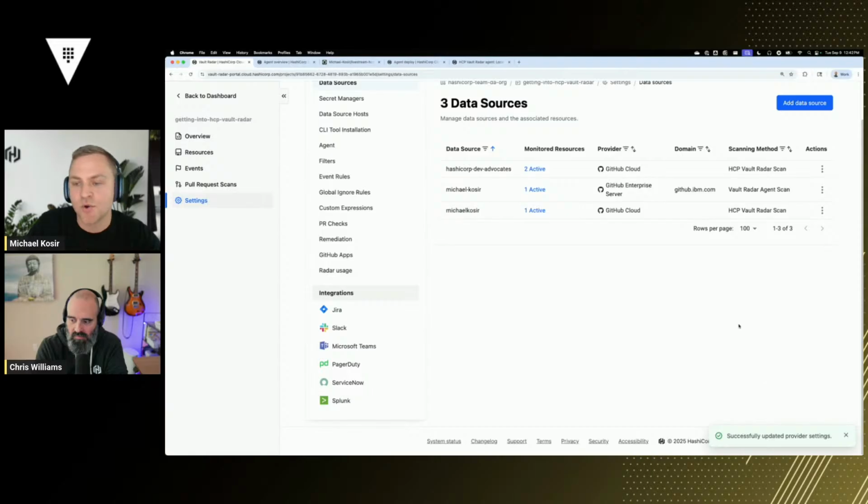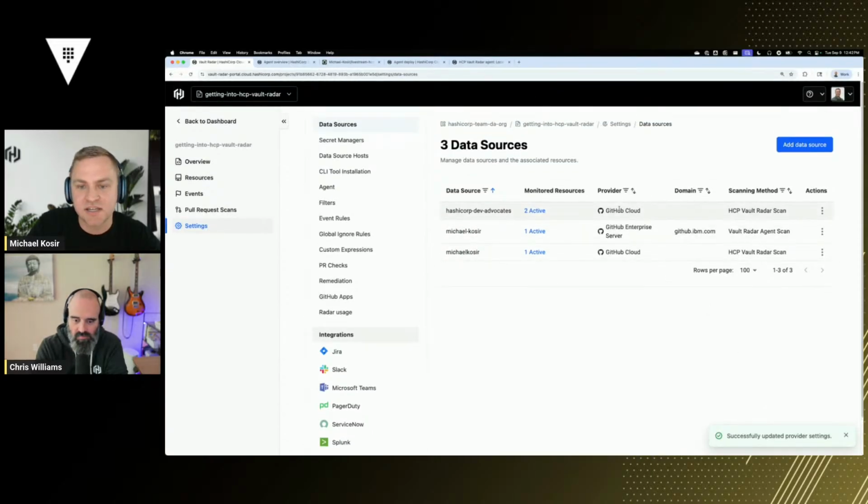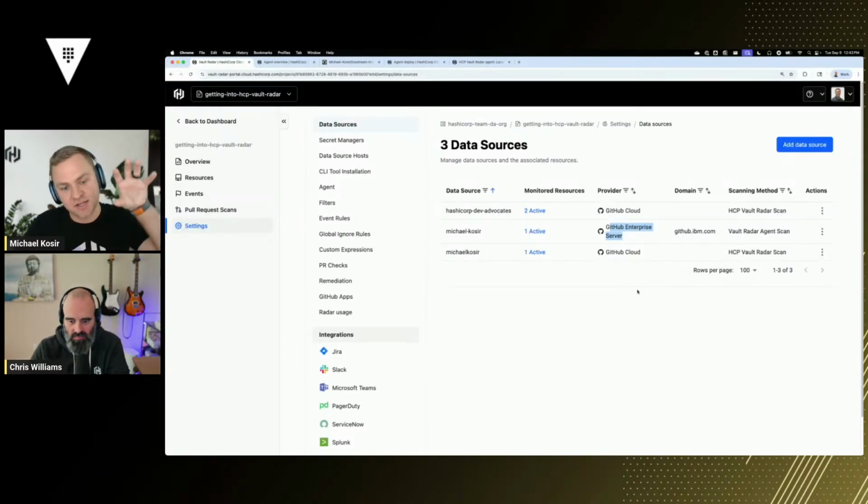And it is now going to scan. So we can see here that we have GitHub Cloud and GitHub Enterprise, right? This middle one, GitHub Enterprise, is on-premise, it's not on the public internet. So our HCP is talking to our agent pool, which lives within our private environment. And from there, it is talking to GitHub Enterprise within your environment, and then sending metadata back up to